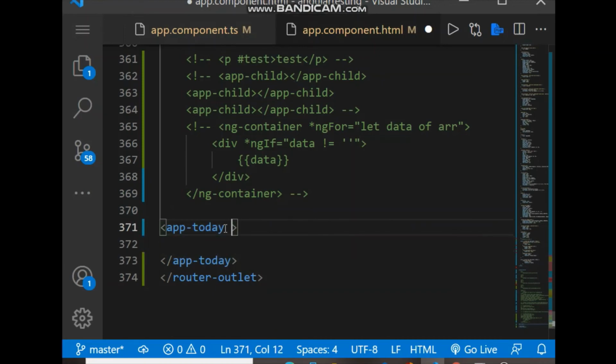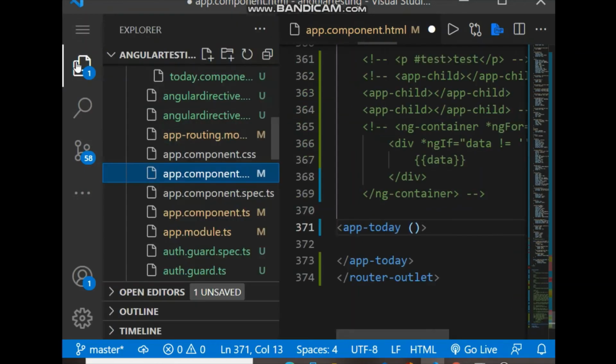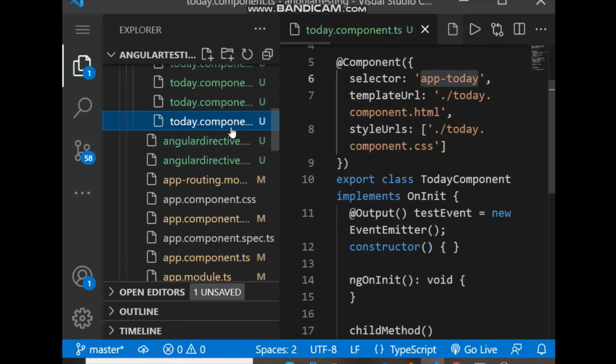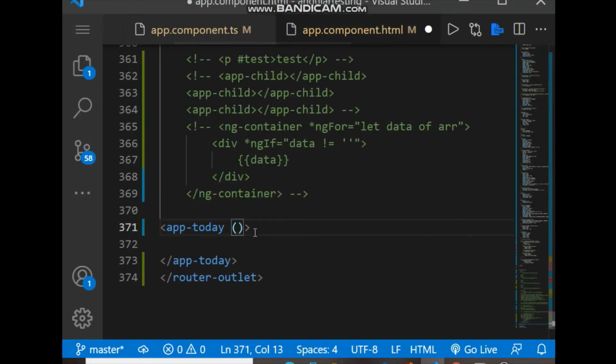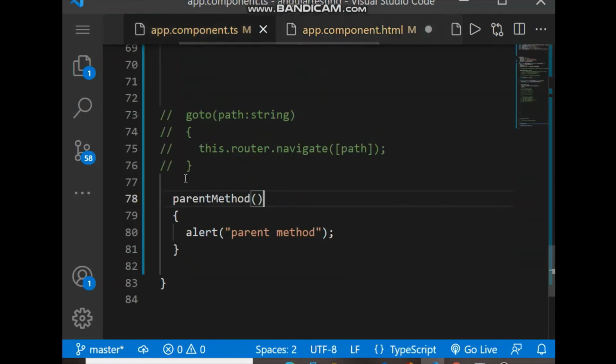So for calling the parent method, we have to add the event emitter which we have created here, testEvent, and let's call the method this.